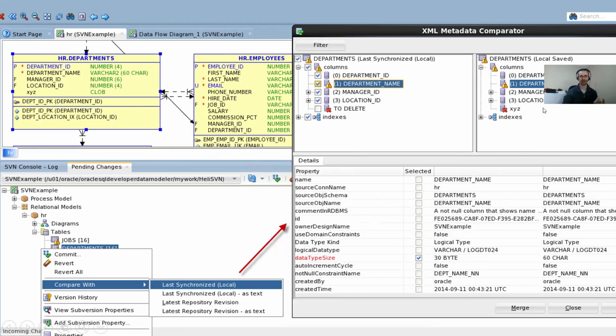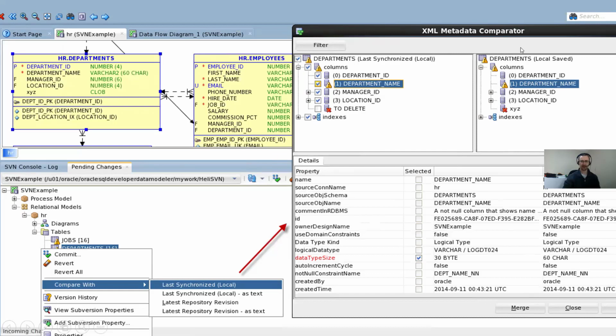So you can see in the example here, we've removed a column, we're changing the data type of department name, and we're deleting this XYZ column. So you get some really good diff capabilities for your schema, which quite often you don't really get, or it's hard to see when you're doing that with create tables and things like that. So I think this is really good.